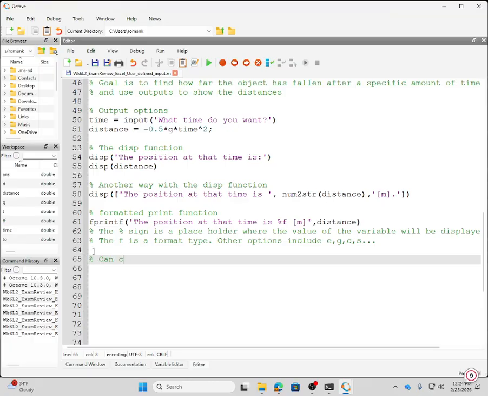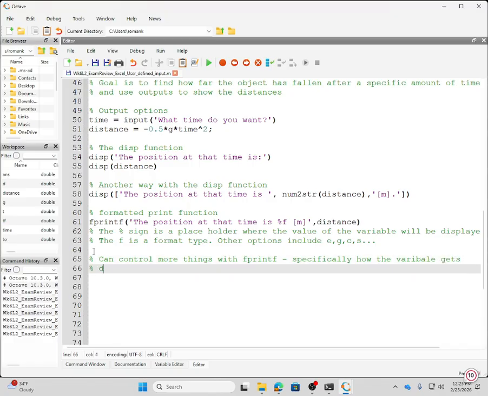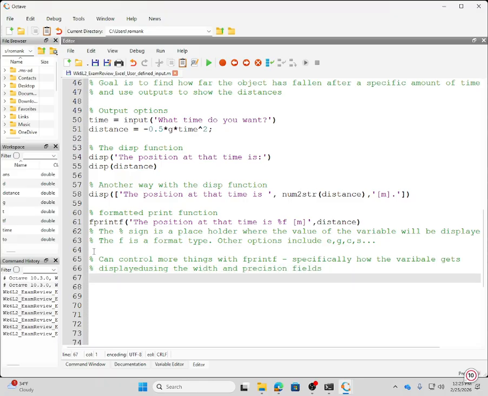This can control more things with fprintf, specifically how the variable gets displayed using the width and precision fields. As an example,